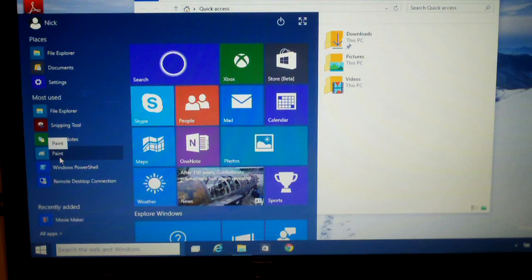One of the things I complained about in the previous build was the fact that it wasn't keeping track of your most used apps or programs. They fixed that. Now it does. But anyways,